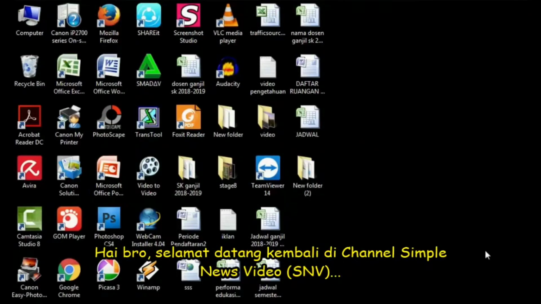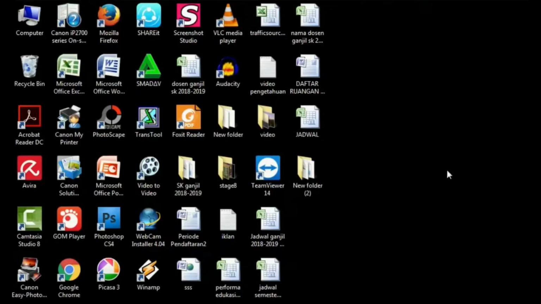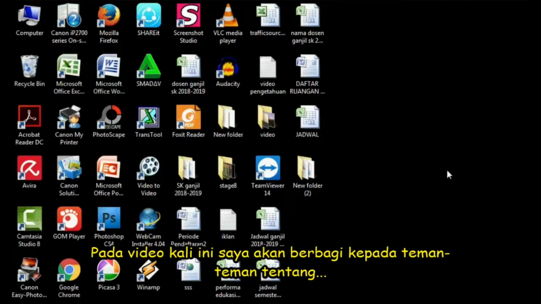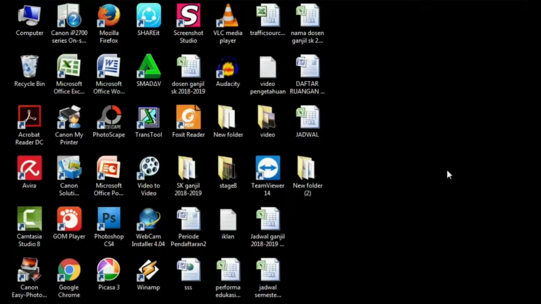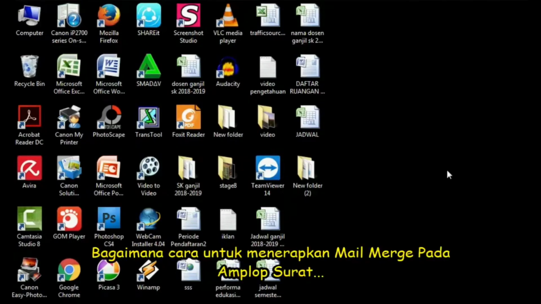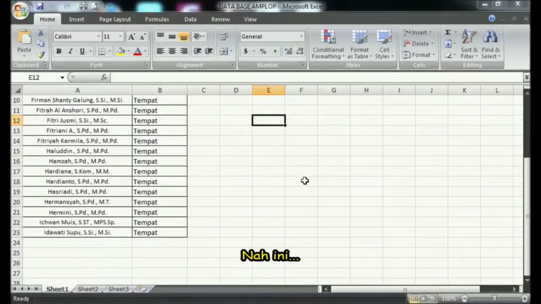Making a mail merge is very useful if you want to print an envelope, or a decree, or others that have a lot of data while the template is only one. Well, to make a mail merge or mailings from Microsoft Excel to Microsoft Word, first you create a database in